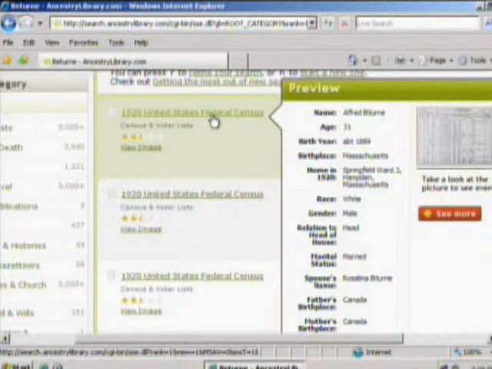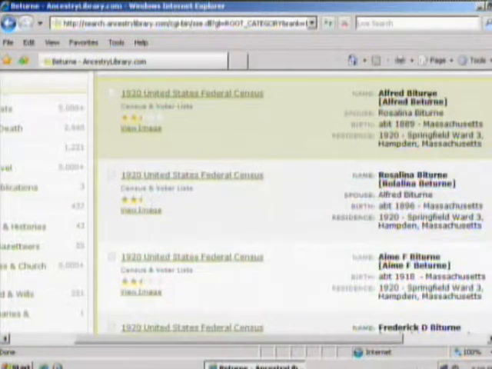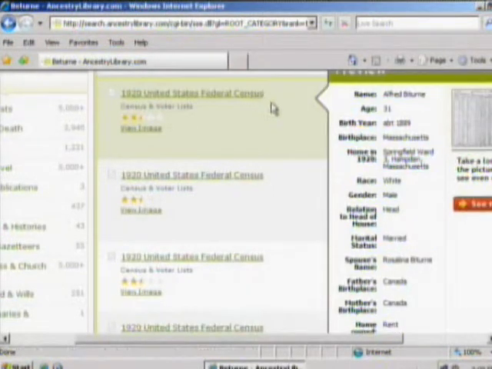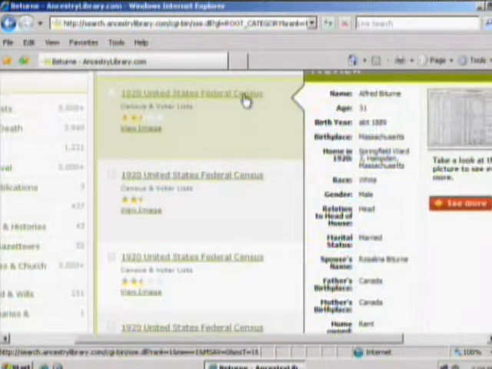So here's a link to the 1920 census. And then a little bit of summary over here as to what may be included. So there's a person's name, there's the person's spouse, when they were born, and also where they were living at the time of this particular resource. And simply hovering over the link will also bring you a lot of information, and some folks stop right here and just gain the information that they need from this little window.